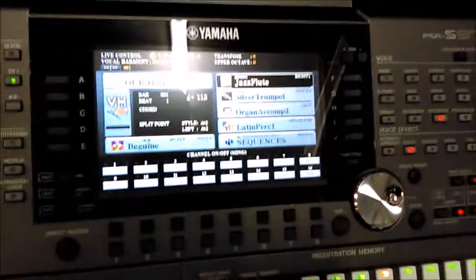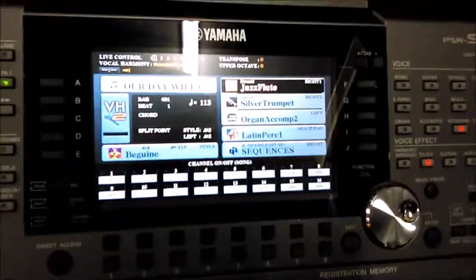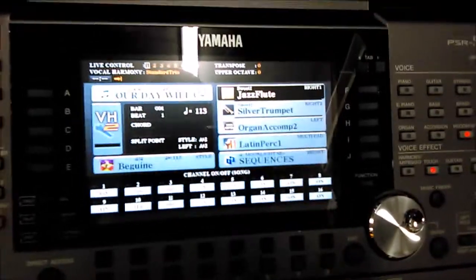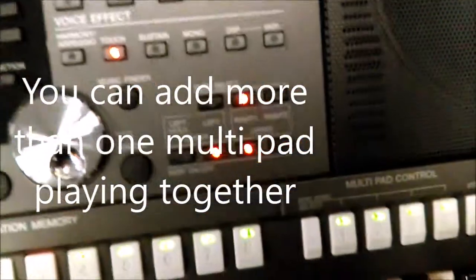You don't even have to think about anything, and everything will work. The multi-pads will play just one at a time, and that's the way to do it. That's the way this is designed. If you want, you can go back into it afterwards, and you can add more than one multi-pad playing at one time. For example, I've got